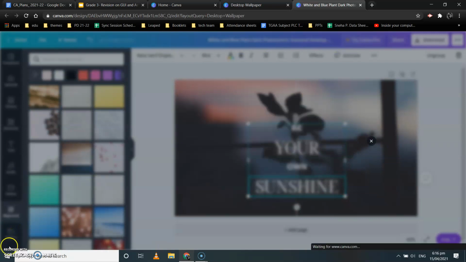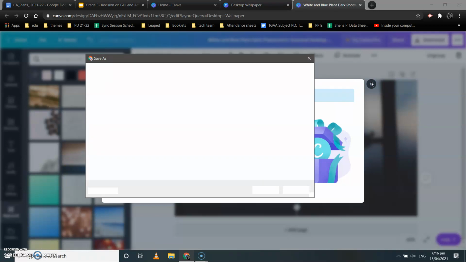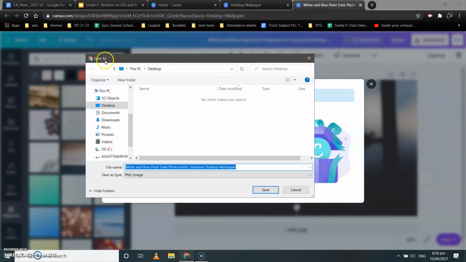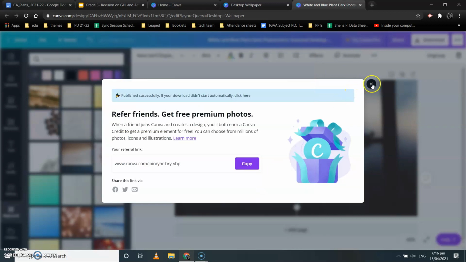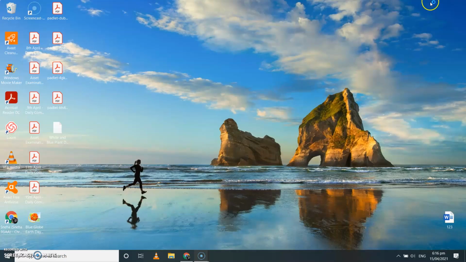And your design or wallpaper will be downloaded. You can close this window and see there is an option over here. So select desktop and click on save. The wallpaper that you created will get saved on your desktop. Now let's see. See, the wallpaper has come over here on my desktop.